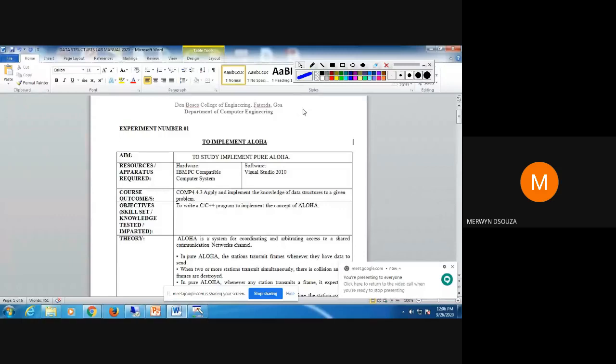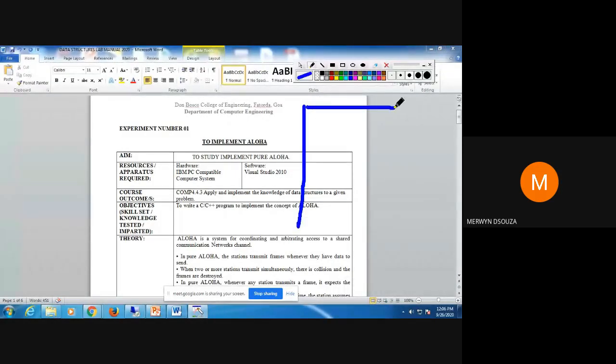In that file, sometime back, if you remember, I told you to buy bond pages. So in that bond page, suppose this is a bond page, write your title. The date I will give you later, so right now, don't write any date. Write your title, write your experiment 1 here. Write your aim. Then you can note down this. Write your theory.